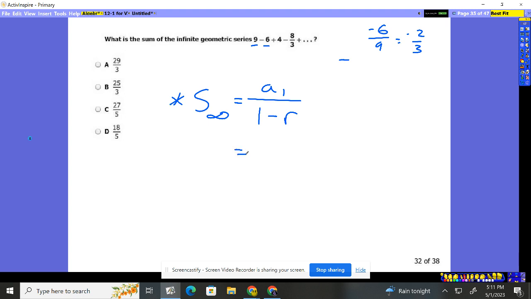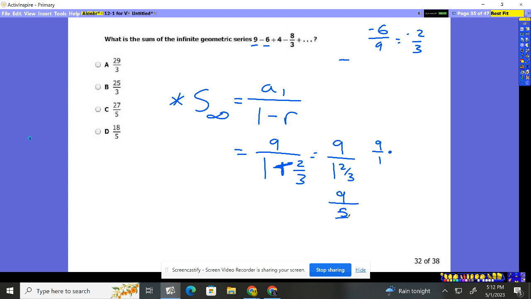So, pretty easy. Once we have this, a sub 1, the first term, is 9, over 1 minus negative 2/3, right? Well, 1 minus a negative changes to a plus. So this is 9 over 1 2/3. And we could divide that on the calculator. Or if we want to do the math, it's 9 over 1 times, because technically this is 9